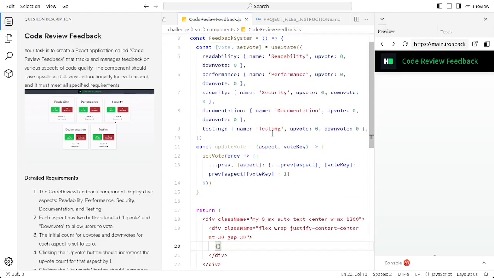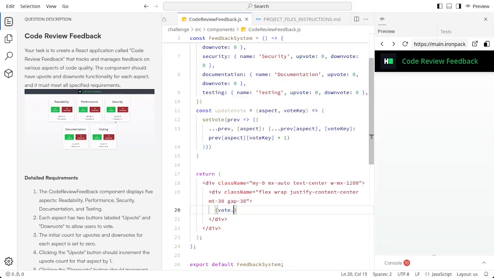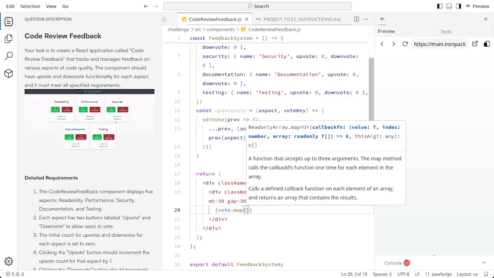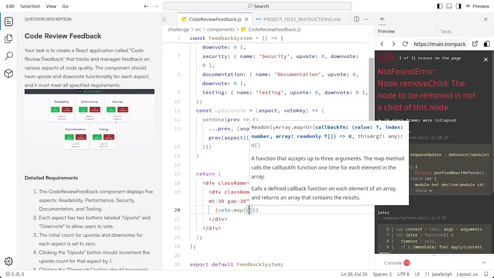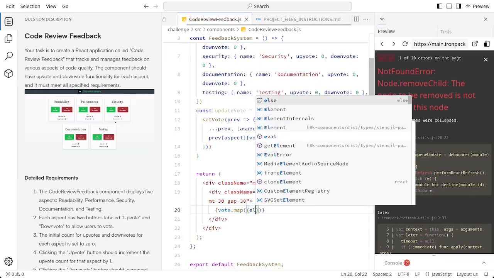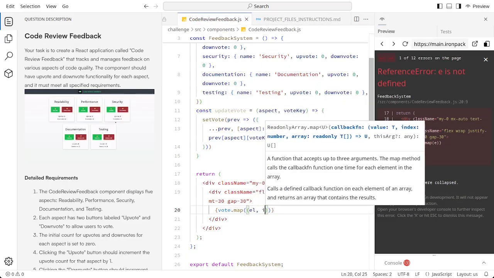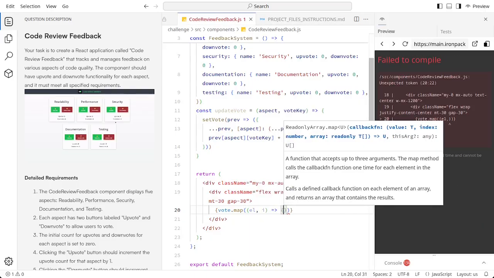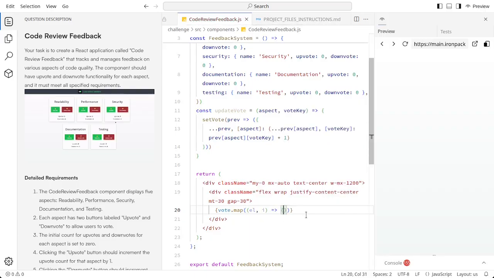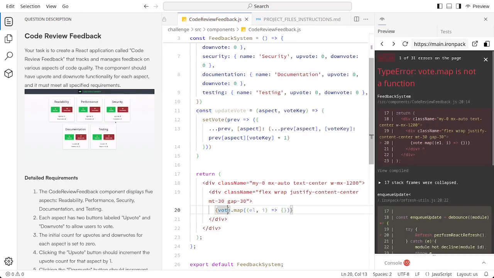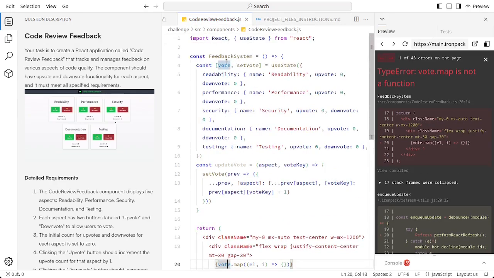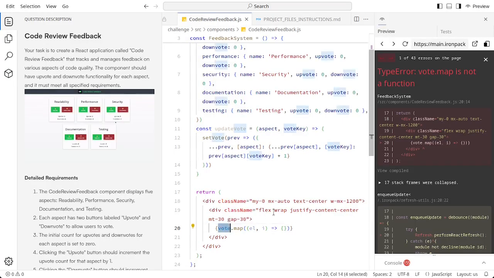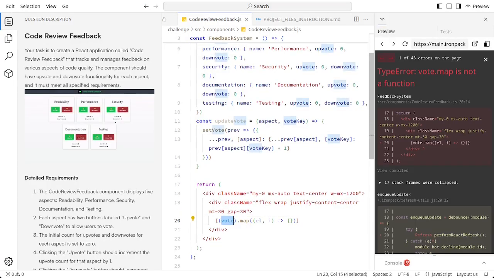So we can use the map, and then that takes the element for the map. If you know about a map function, that takes the element, and then the index, it's like this. But since it's an object, then we can change the vote to the